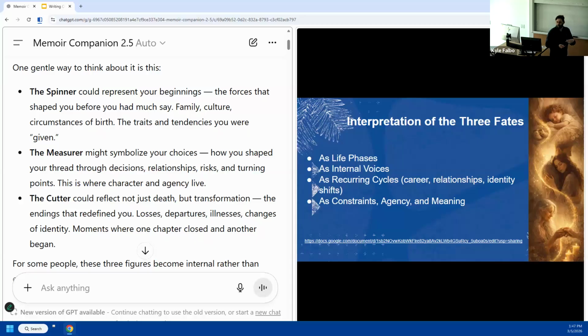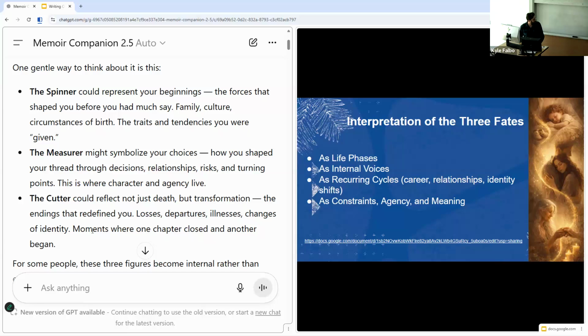I think in a lot of the examples that I've been sharing with you, it's about transitions, right? Transition from high school to college, transition from Humboldt back down here, right? So I could be framing each of those transitions in this idea of a transformation or a departure, closing and opening a chapter, right?